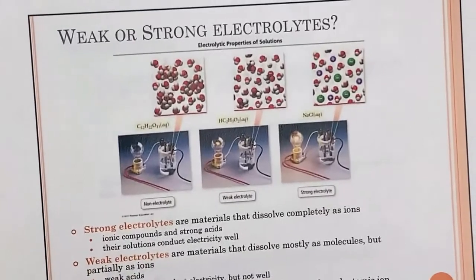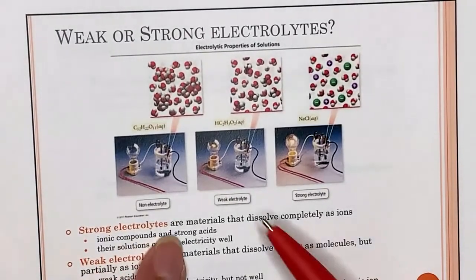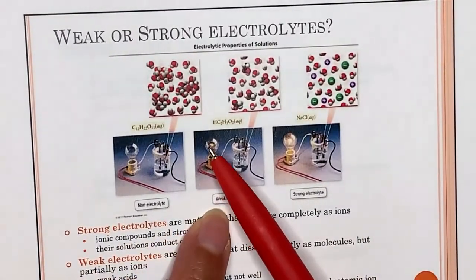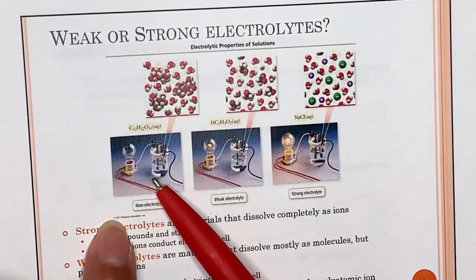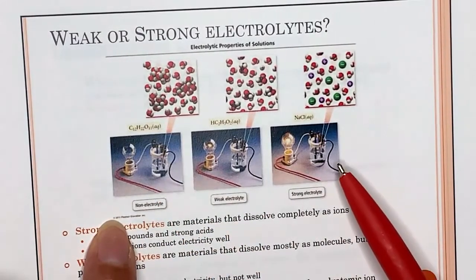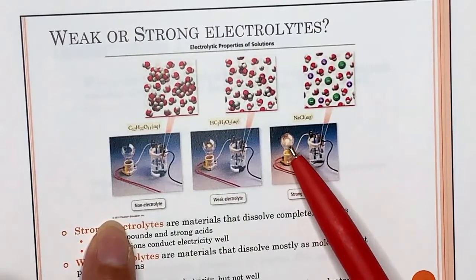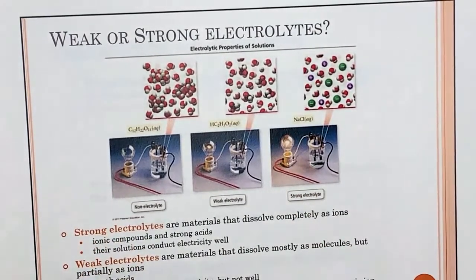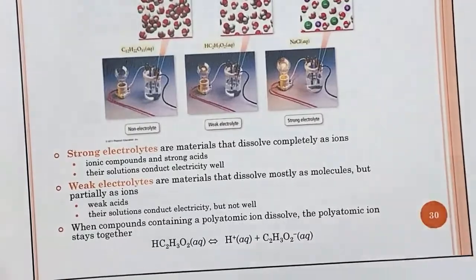So they kind of show you a picture right there. See how that's vinegar right here? That's really dim. Sugar, you don't see any light. And then for table salt, the light bulb goes on bright. Okay? All right, so